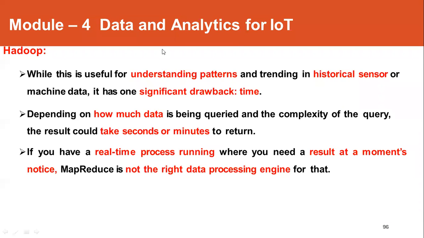In the MapReduce technique, whenever a task is assigned, it is divided into simpler, smaller tasks, and each smaller task is assigned to one of the nodes. That node will process it and send the results. Once all the nodes send their results, they are combined together and the final result is obtained.